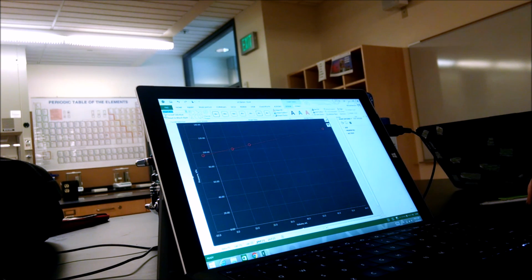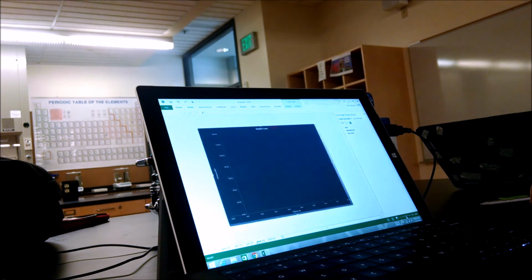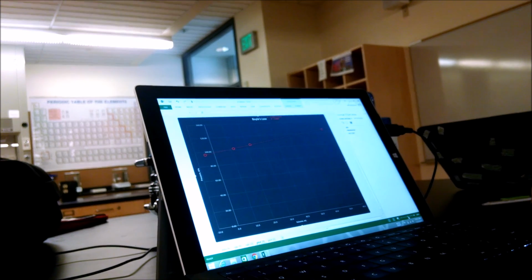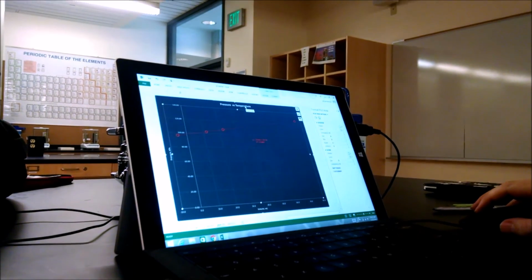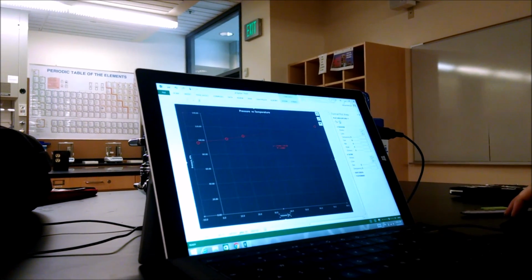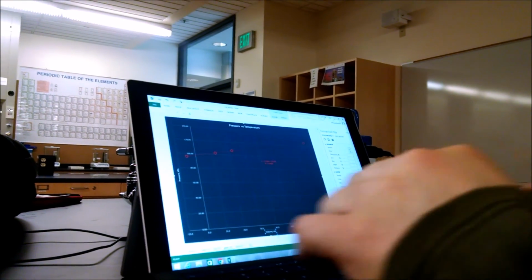Oh, you know what? I wanted to have this be smaller so I can see what the heck's going on. So I want to move this somewhere where we can see it. And this title, it's not Boyle's law anymore. It's changed to pressure versus temperature. Oh, we're going to change this thing down here, right, to be